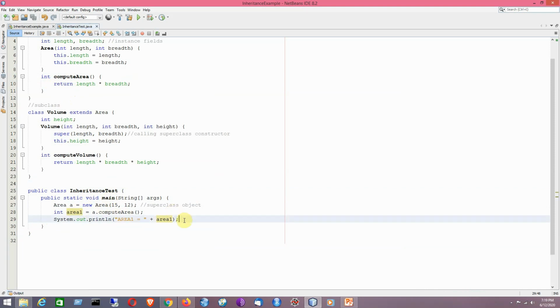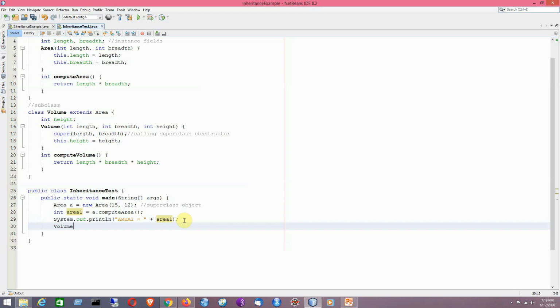Now I would like to create an object of the class named volume. Say v equal to new volume. Here I'll be putting some values for length, breadth and height.